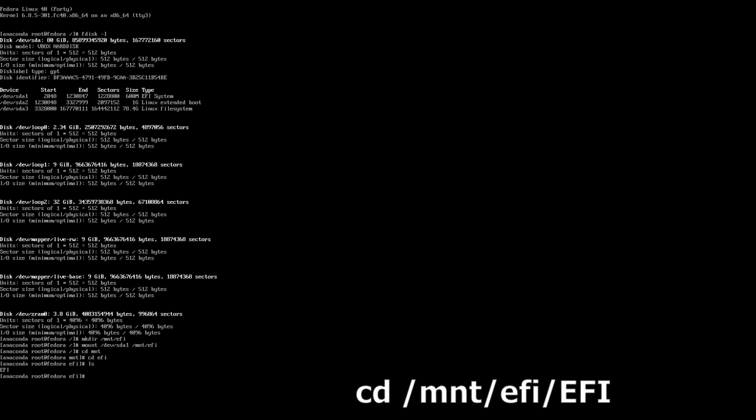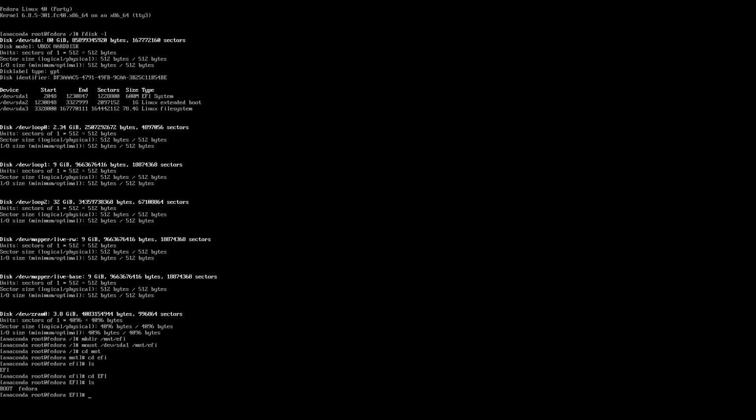You can see there's the EFI folder. If we list it from here with the ls command, we can see that there's boot and Fedora. The problem that we're having is the Fedora folder already exists, and this is breaking the install from proceeding. So what we're going to do is remove that Fedora folder. We're going to use the rm command, -r Fedora. Now, when we press enter, it's removed that folder. If we type ls, we can see that it just has boot now.